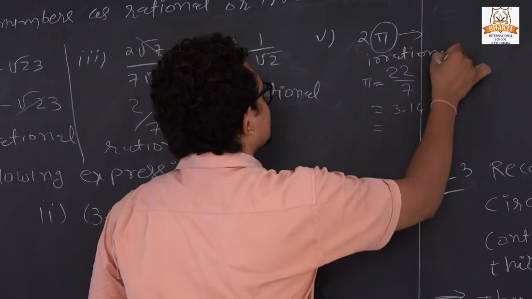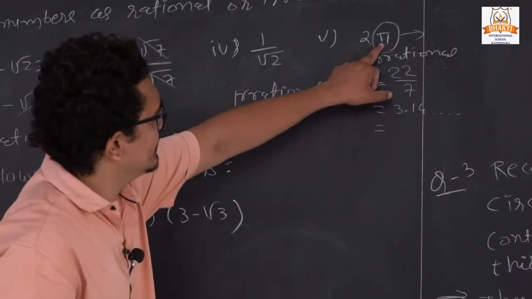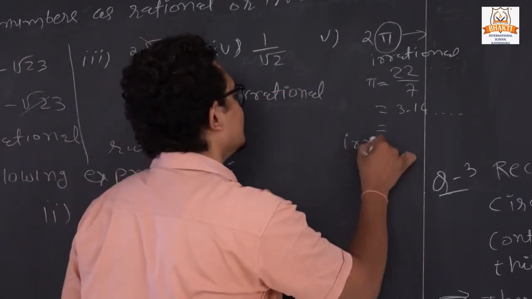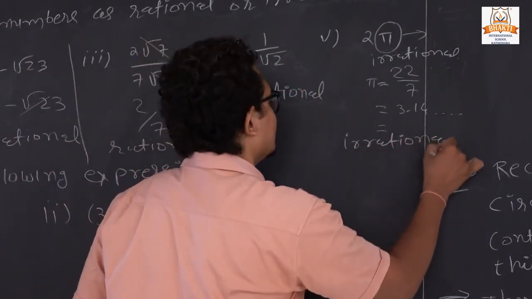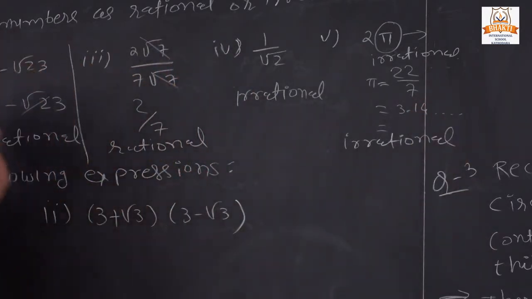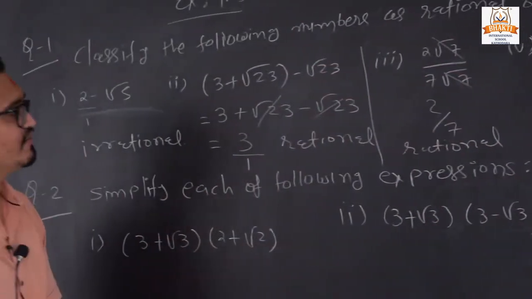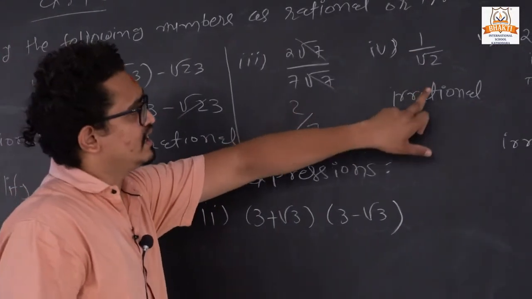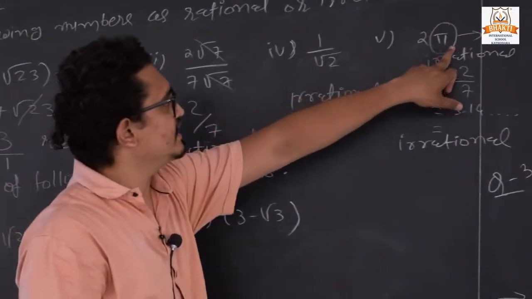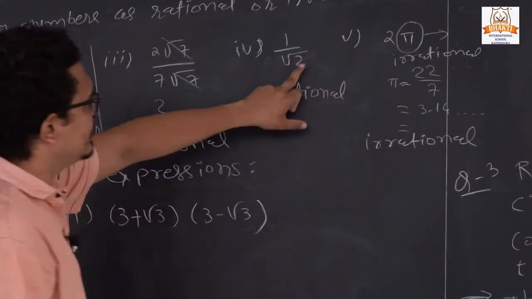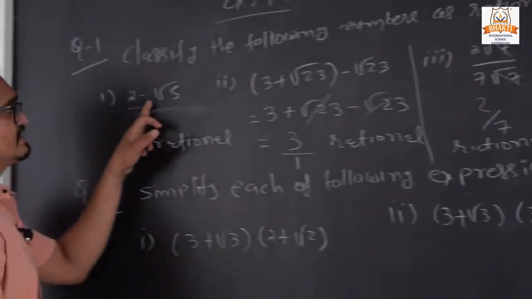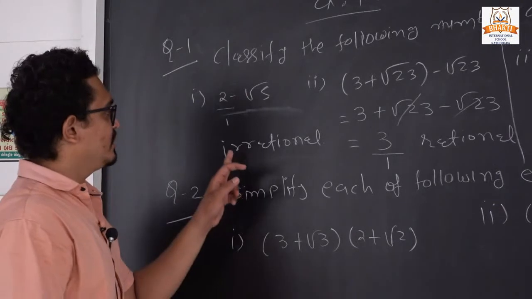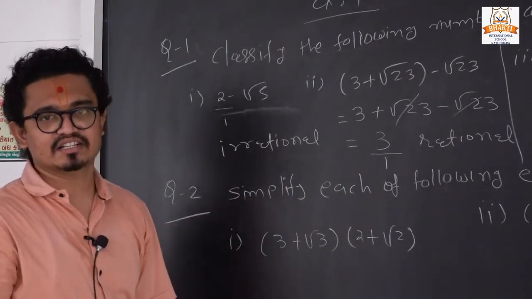irrational. So now if we multiply an irrational number with a rational number, the answer is always irrational. So in those 4 cases we can clearly see that if we divide a rational number with an irrational number, the answer is irrational. Once again, here we have the multiplication operation, here the division operation, here the subtraction operation. So in all cases we can find that the answer is always an irrational number.